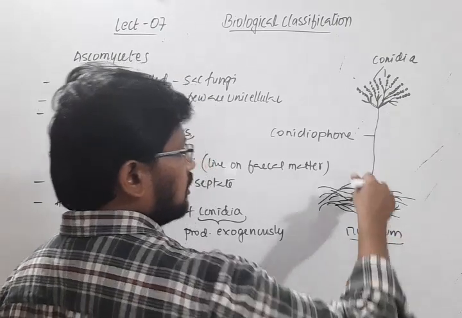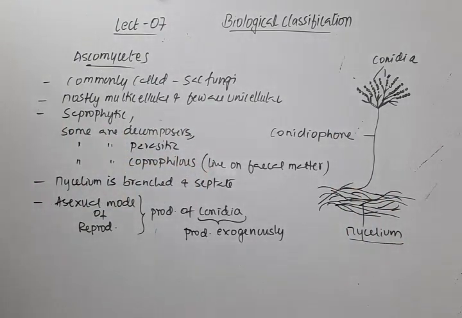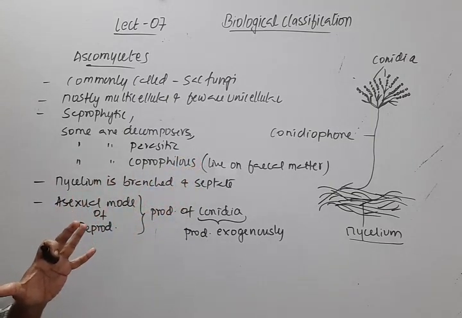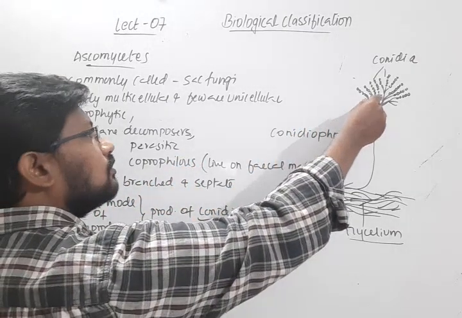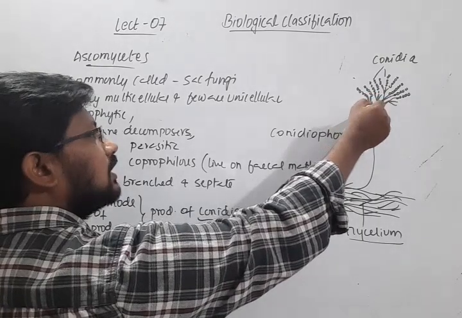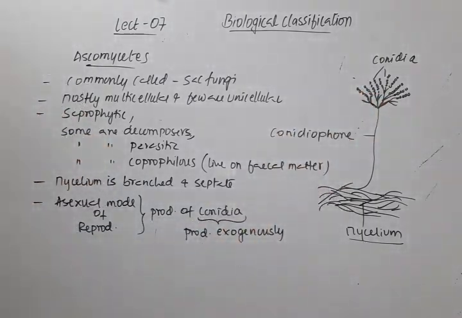Some branches grow vertically and produce spores. There is no special structure, and the spores are produced on the free ends of these branches. Such a mode of producing spores is called exogenous production. When these conidia are released, if they get a suitable substratum, they germinate and develop into new individuals. Coming to sexual reproduction,